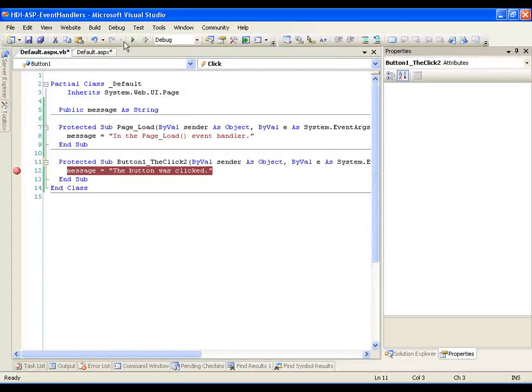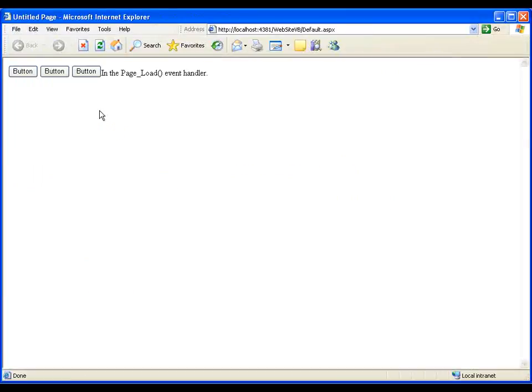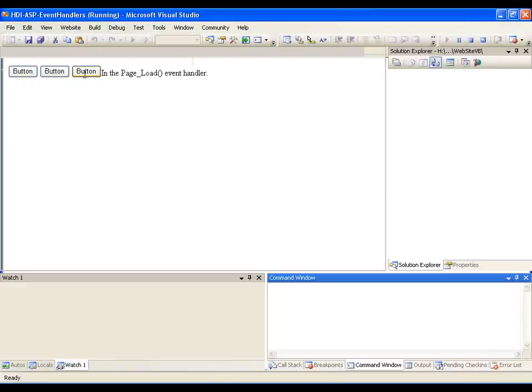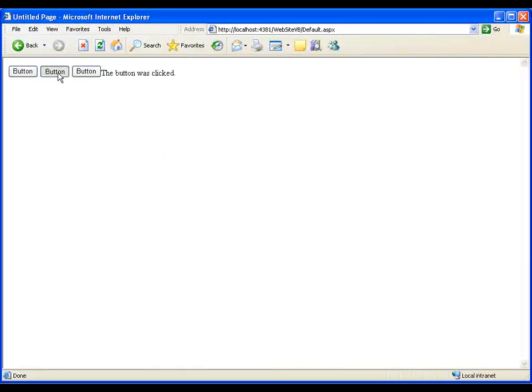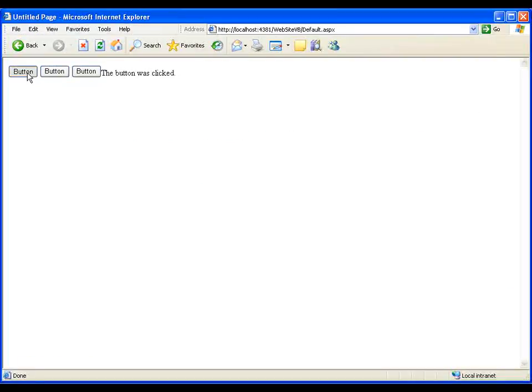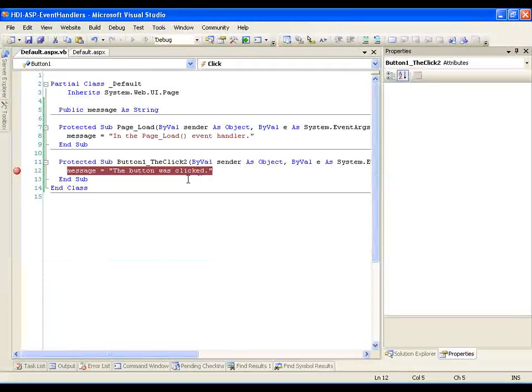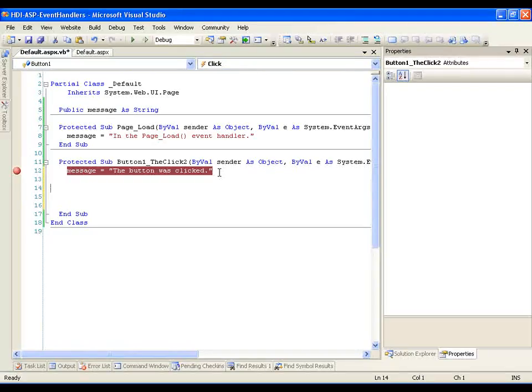So let's start up the web page again in the debug mode, and let's click on button number 3. You see we're down here in the event handler, and likewise for button 2 and button 1. Now, one thing that's useful when you have an event handler that's handling multiple events is that you might want to know which button